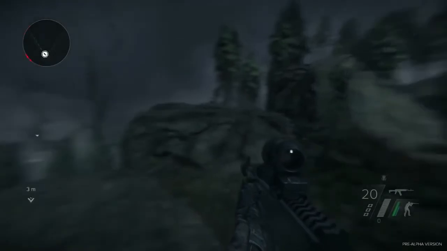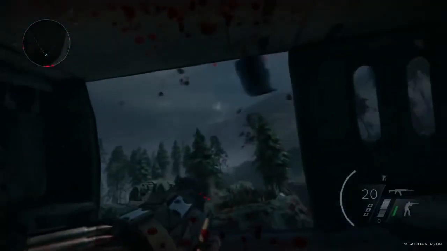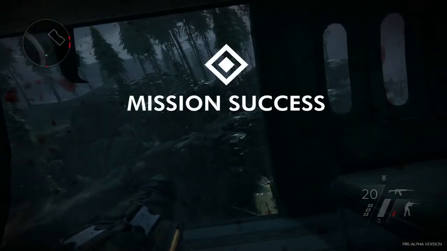So for the demo, just for time, we're going to go ahead and send a Black Hawk in and exfiltrate him, pick him up. Also, choppers are just cool. But in the actual game, this will never happen. You will not be picked up by a helicopter that just suddenly drops in. You're now going to be responsible for your own